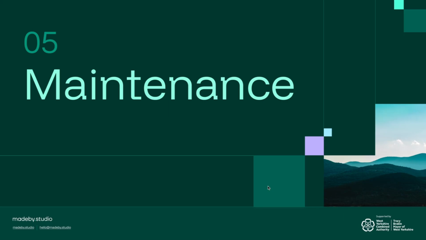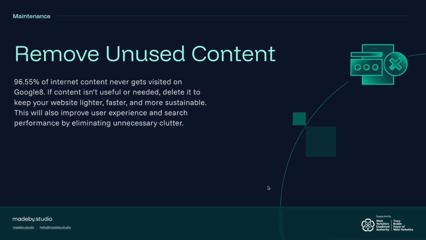And then the final points in this presentation are the maintenance side of things. So remove unused content. 96.55% of internet content never gets visited on Google. For example, we are churning out so much content, like blog posts and news articles, news publishers are all very big on this,